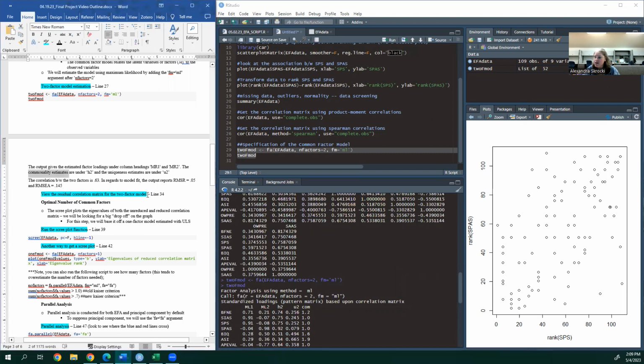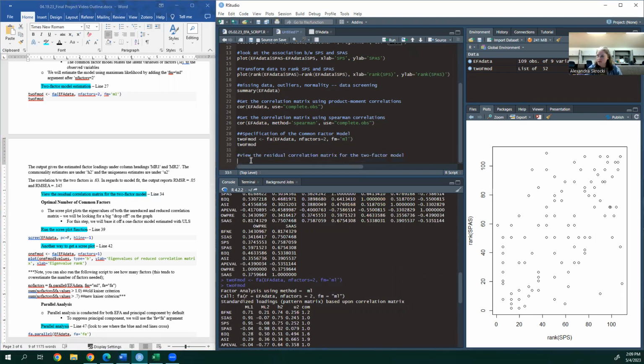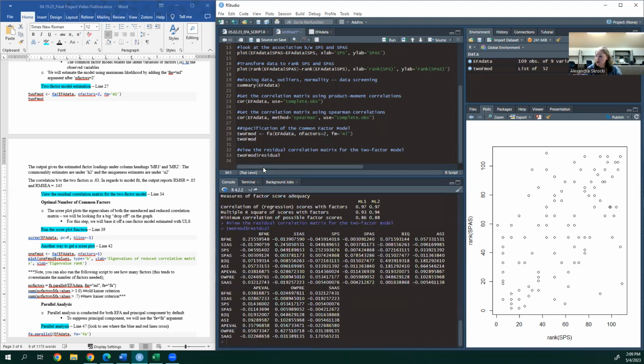And if you wanted to run the residuals for this, go ahead and put a note in there. All you would do is 2F mod, I think it's the $ sign and residual, and then Control Enter, and there are the residuals. So you can also report this if you needed to, but for us, we're just going to go ahead and keep plugging along. And so that leads us to our next step, which is